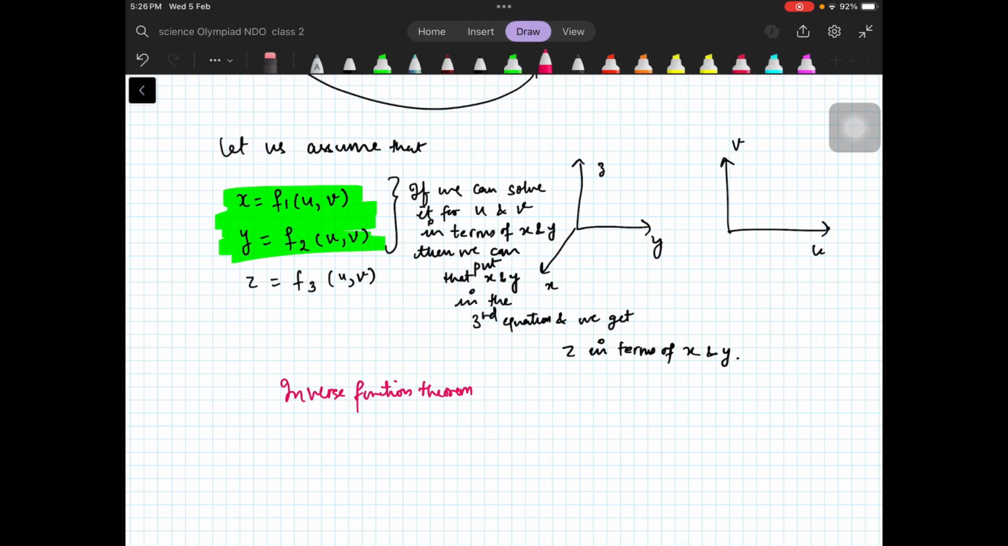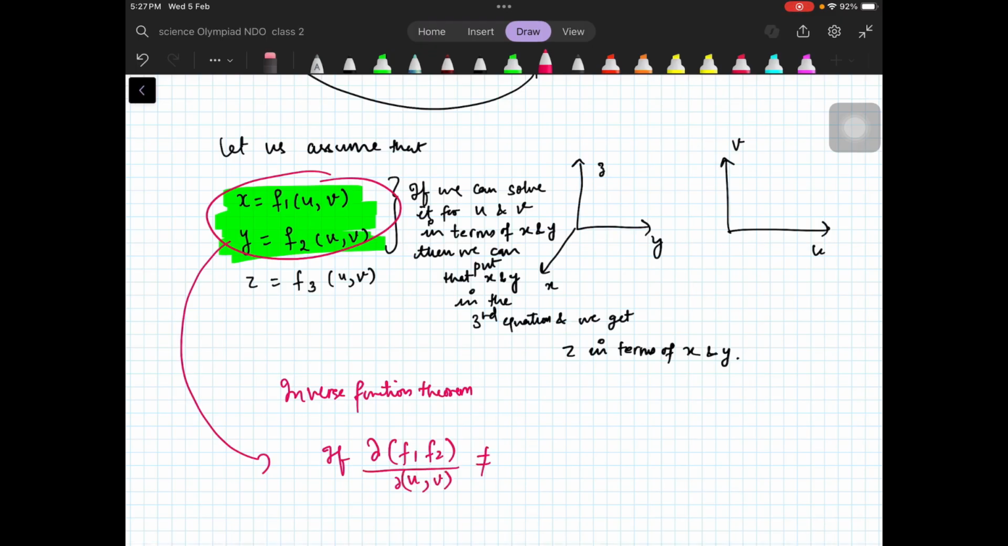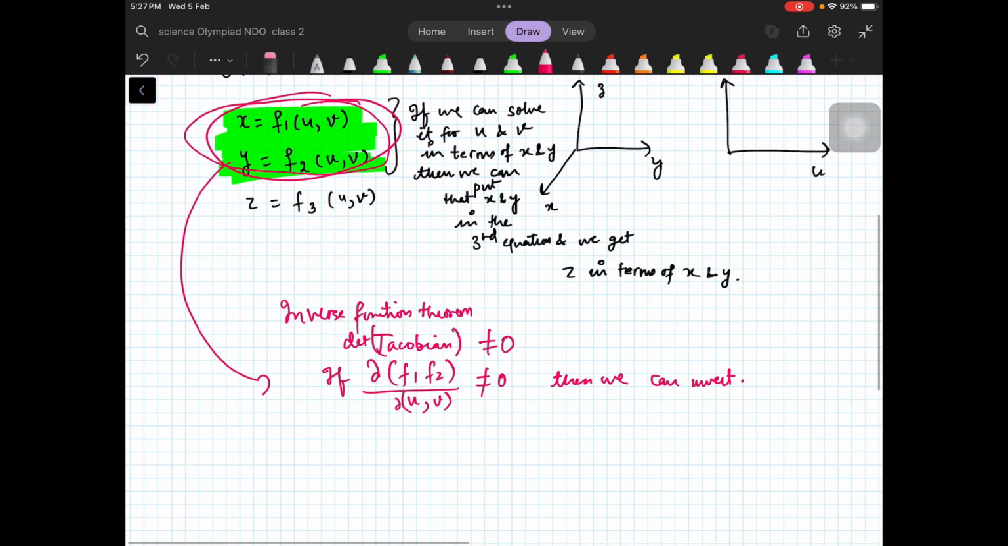Right, now let us use our inverse function theorem. That says that you can invert it if the Jacobian of f1 and f2 with respect to u and v is non-zero. Okay, so if the determinant of the Jacobian is non-zero, then we can invert, right? So we will look for those representations where you can invert it. If it can be done, then the surface which was f(x, y, z) equal to c can be written as